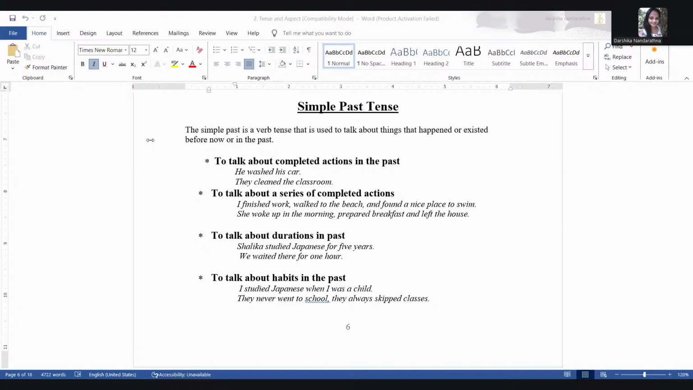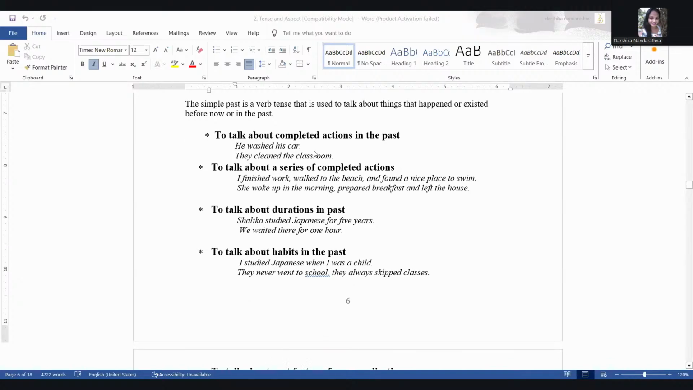Okay. Simple past tense. First, I will explain the uses of simple past tense. Simple past tense is a verb tense that is used to talk about things that happened or existed before now, in the past. We can use this tense to talk about incidents or actions that happened or existed before now. That means,